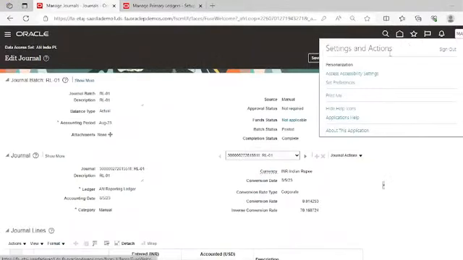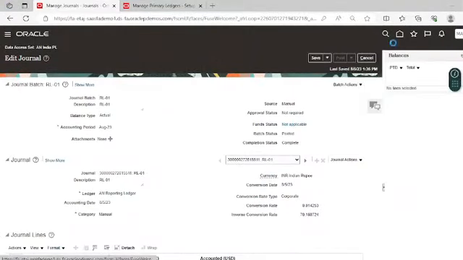and let's log in with the implementation user.